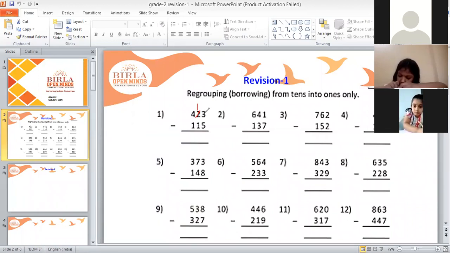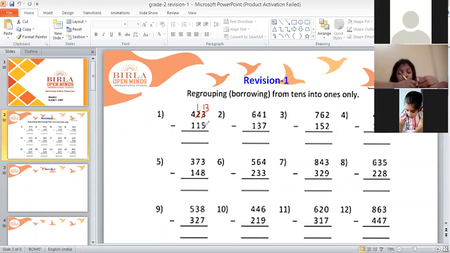And since we are taking a borrow, we will cut the number in ones place. We will cut this 3 and it will become 13. We will write 1 before this 3, so this 3 will become 13. And listen children, you people are not showing borrowing and cutting properly. You have to cut this number. Do not write this 13 as it is. You have to cut this 3 and then write 13. Okay. Now from this 13, we have to take away 5.